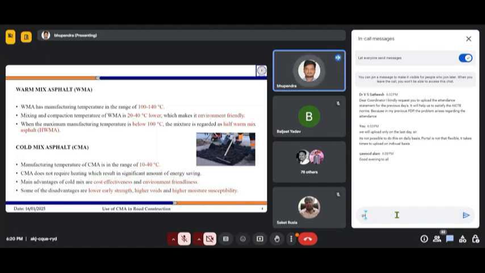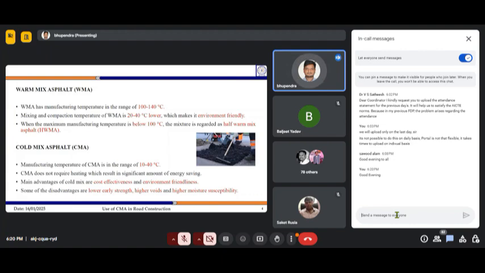It means the production temperature is not as high as it was in the earlier case. So from the hot we came down to the warm. That is why the production temperature in case of WMA, which is the short form for warm mix asphalt, is in the range of 100 to 140 degrees Celsius.